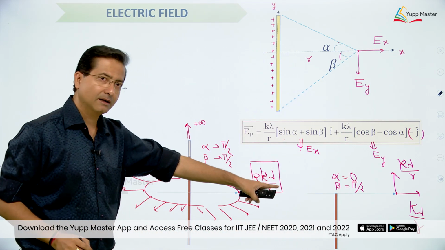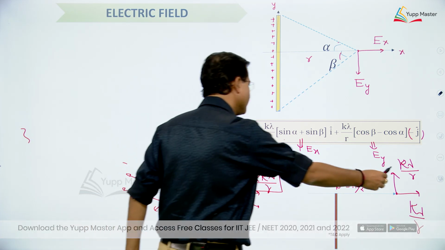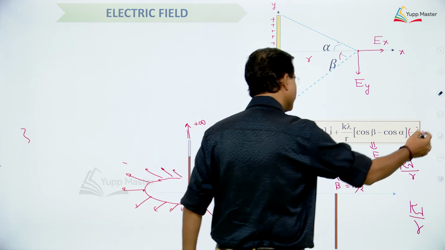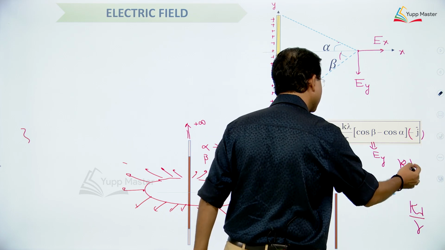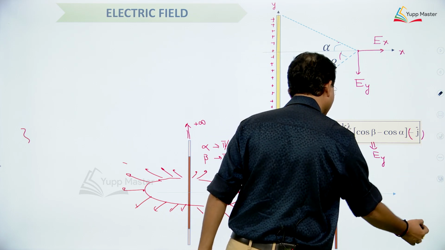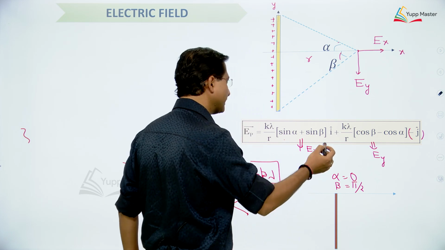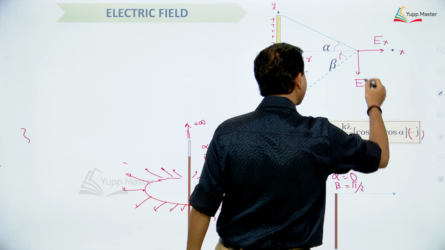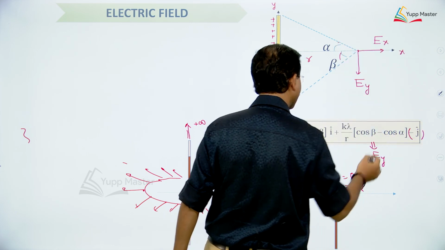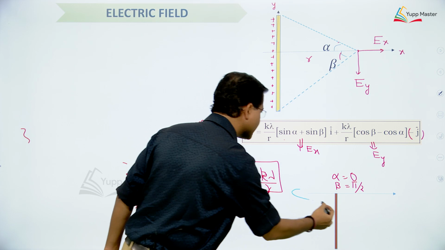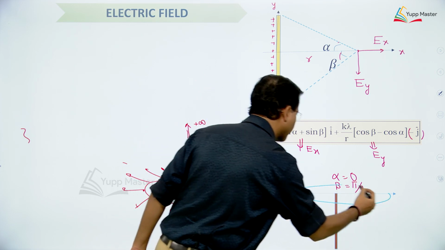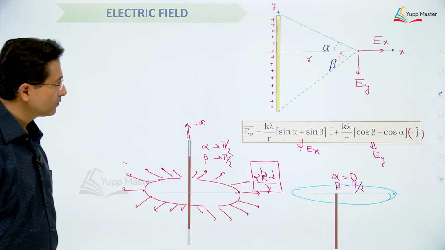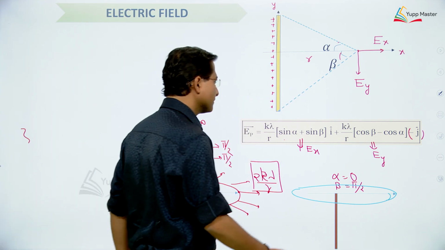I hope this point is clear. The resultant will come exactly making 45, right? Both the components are the same, so the resultant will be making exactly 45. So it will be something like this. If I take a circle, for example, I have taken a circle like this, right, and